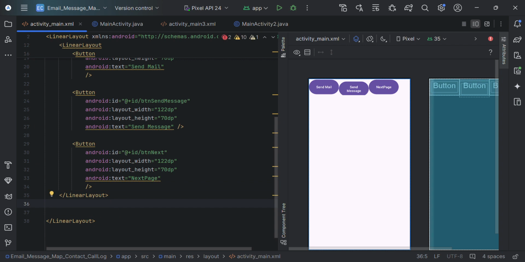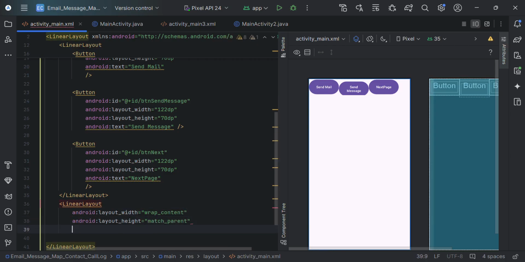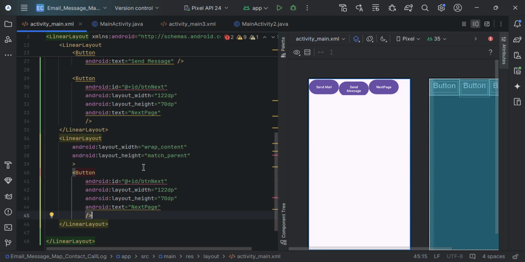For example, linear layout, then wrap content, match parent, then press enter, then paste this button inside it. Where is this button? Okay,